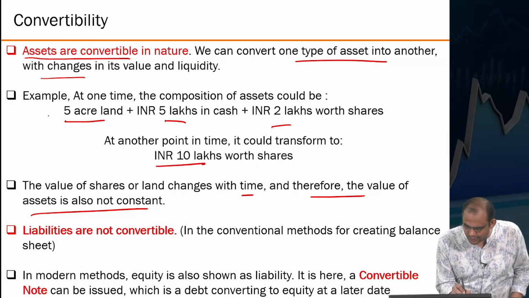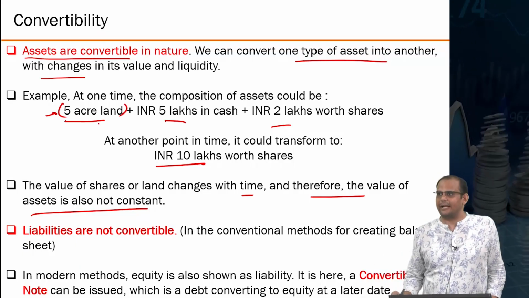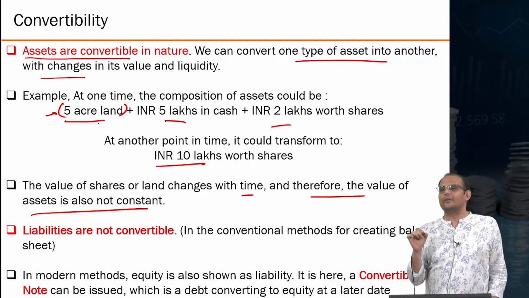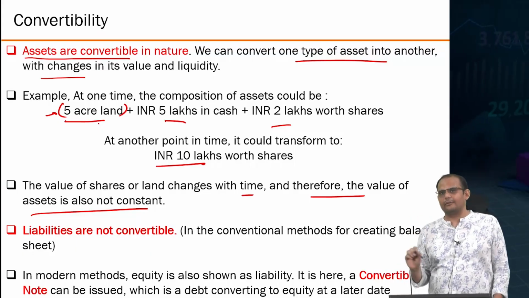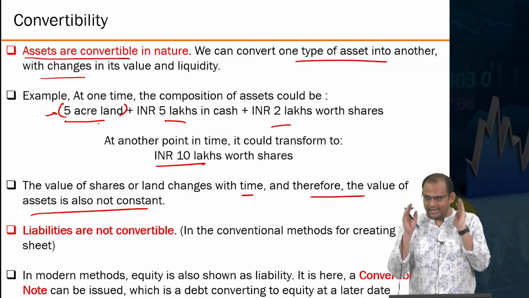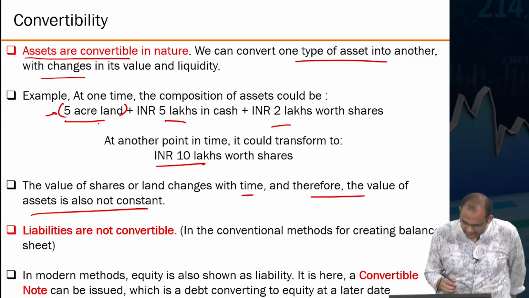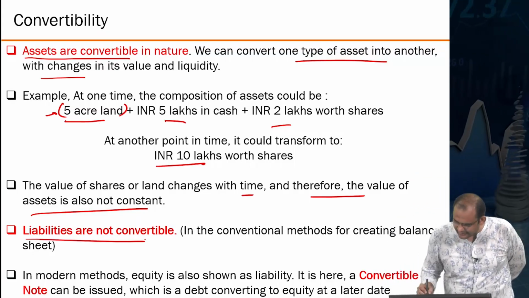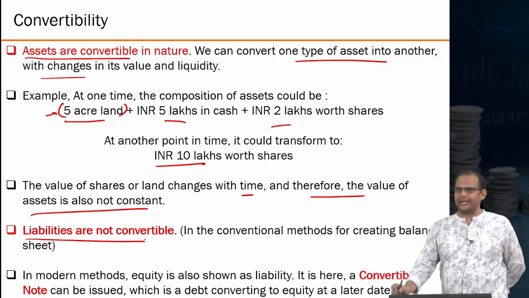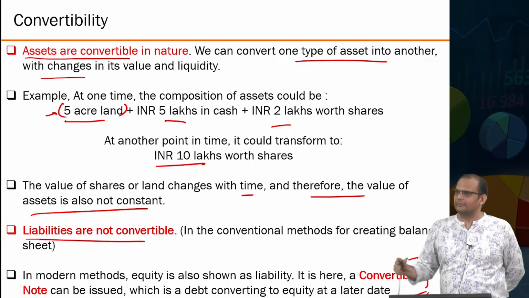Typically, balance sheets do not have such quantities mentioned. They always have a money equivalent mentioned. You never will have, like, 100 units of inventory. You will have an amount worth of inventory in your assets, in your books. Liabilities are not convertible in the conventional methods of creating a balance sheet, but in the modern world, we are also